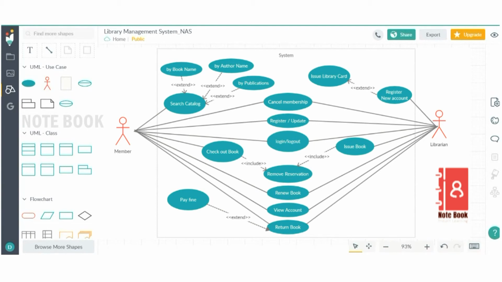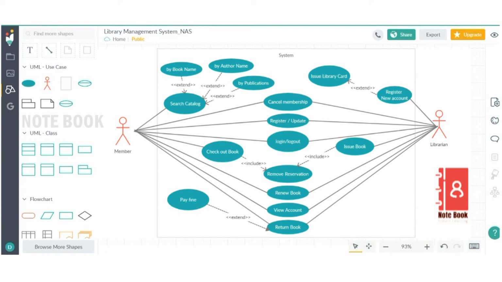Some of the use cases are connected with the relationships include and extend based on the requirement. Usually the connector that connects the actor and the use case is a straight line, which is a relationship called association. There are some more relationships we already saw in the theory part, include and extend.